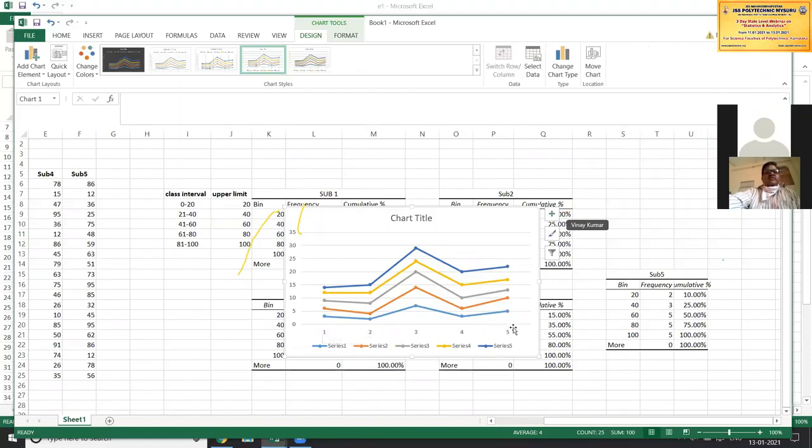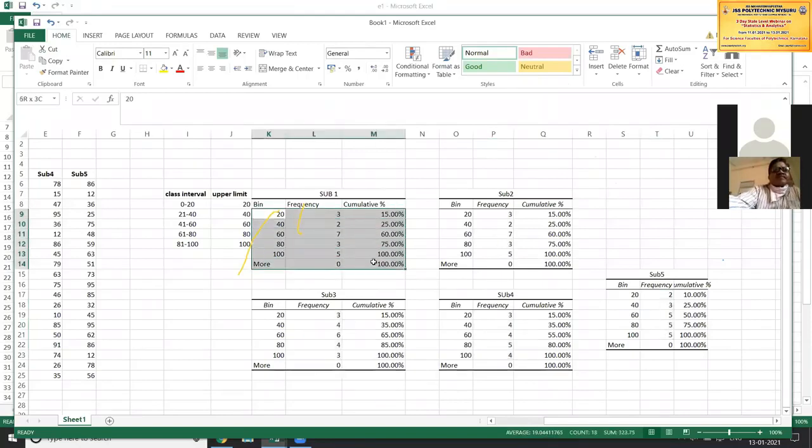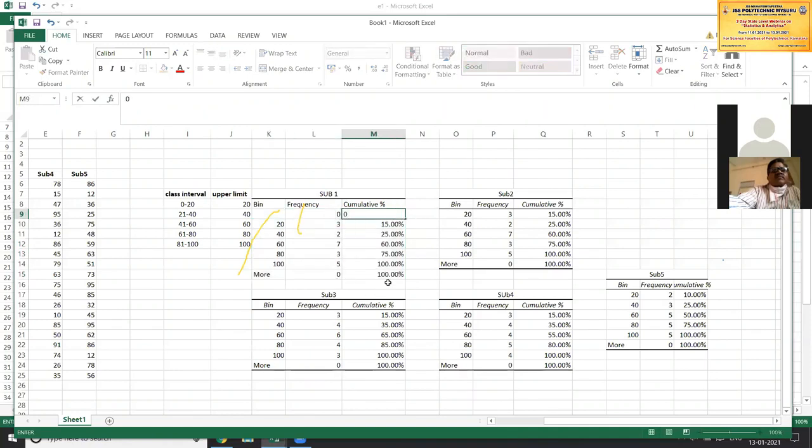So to close it, what we are going to do is add a 0 value at the beginning, and again 0 at the bottom. I'll delete this chart. I'll add one field here. Just click on this and move one step down. So here you can add 0 for the first one.